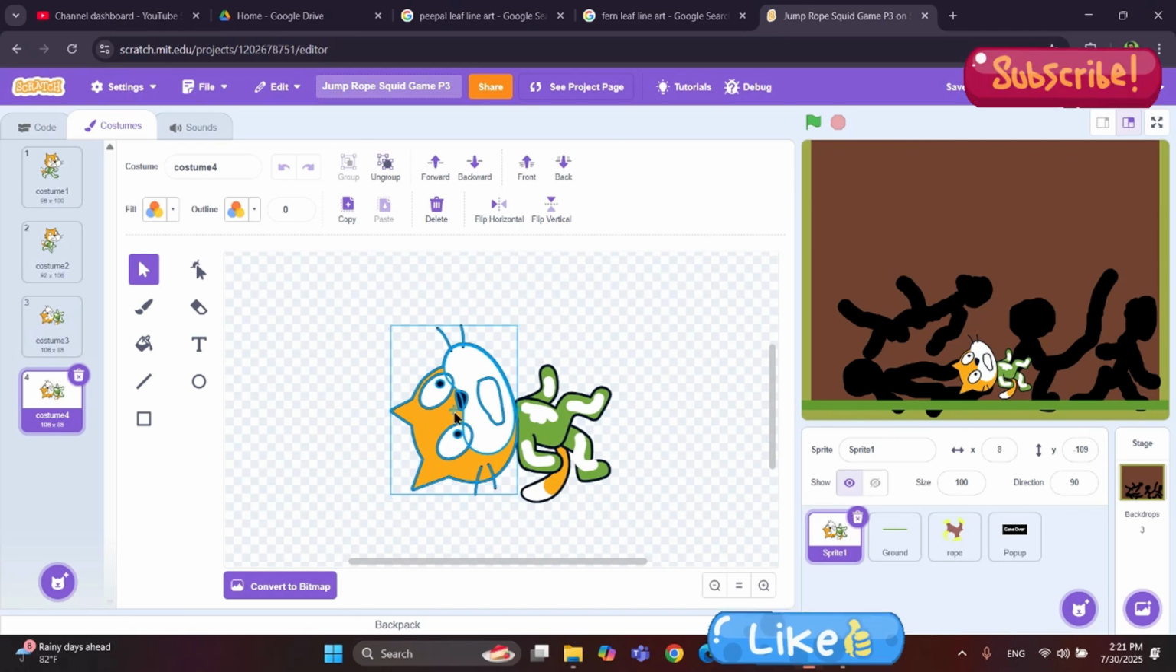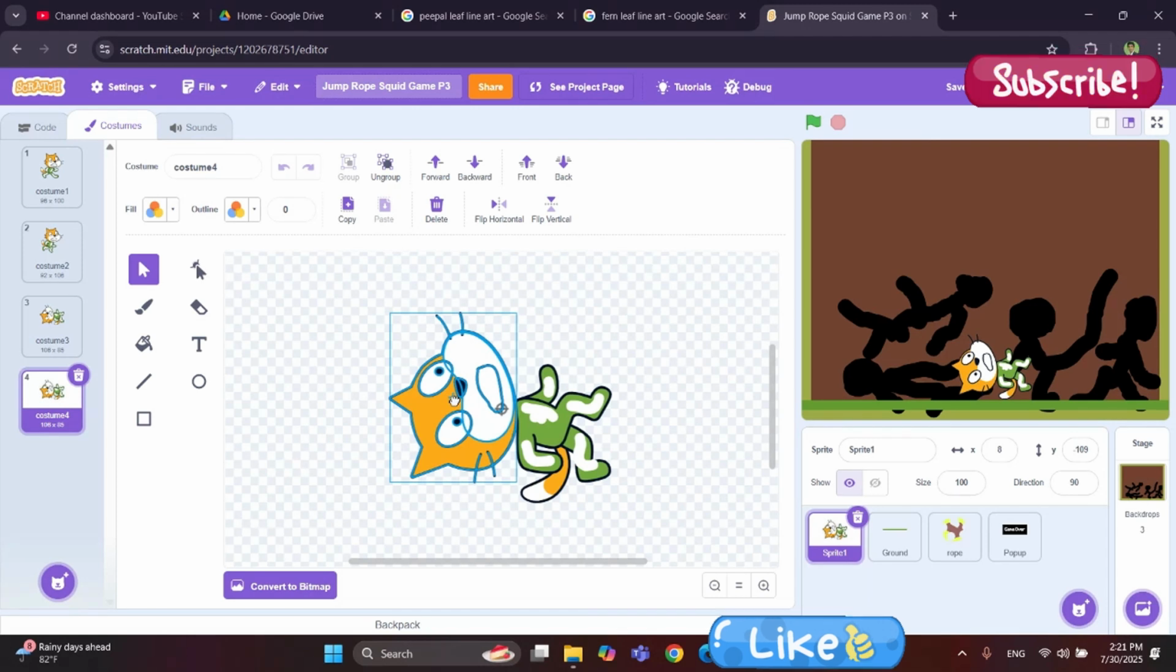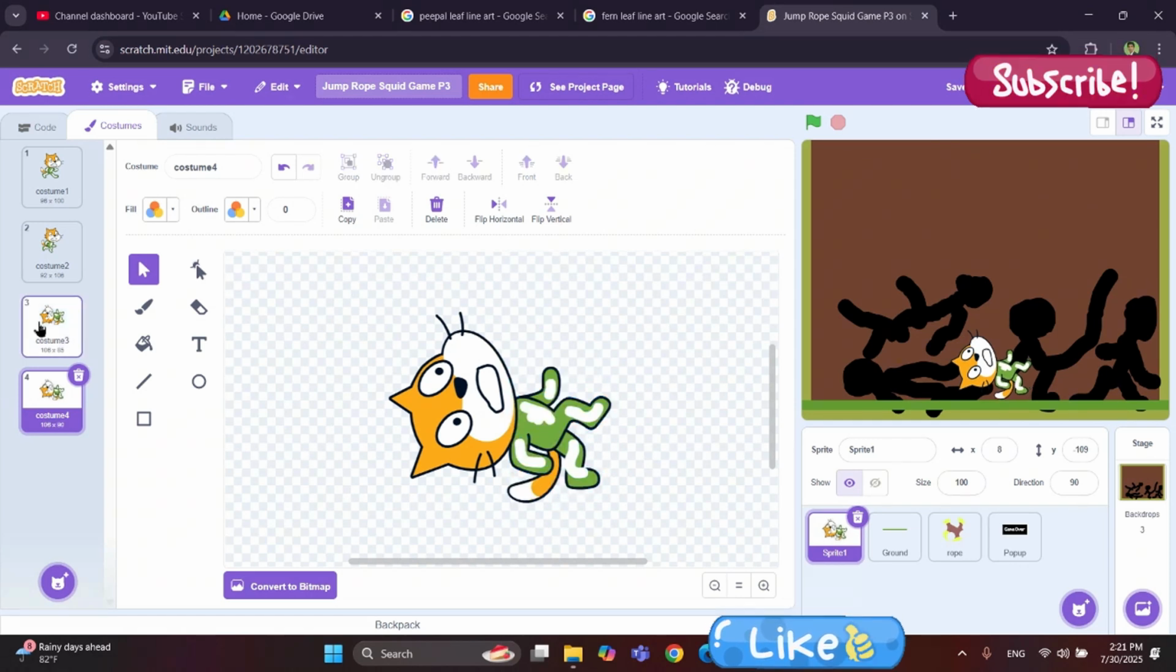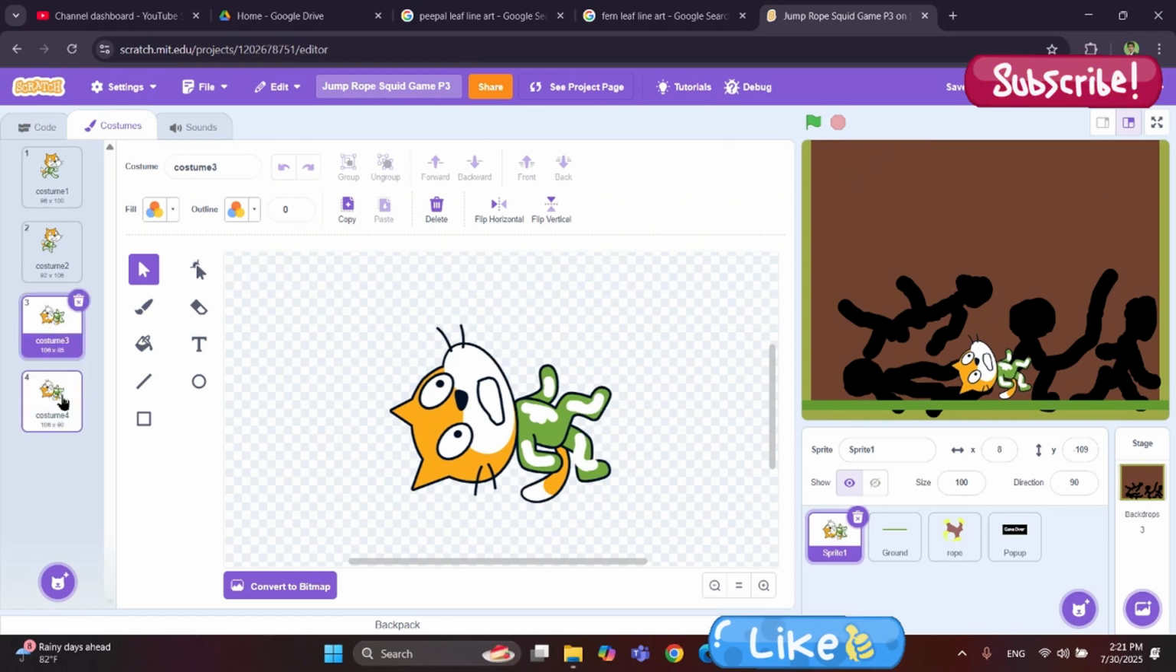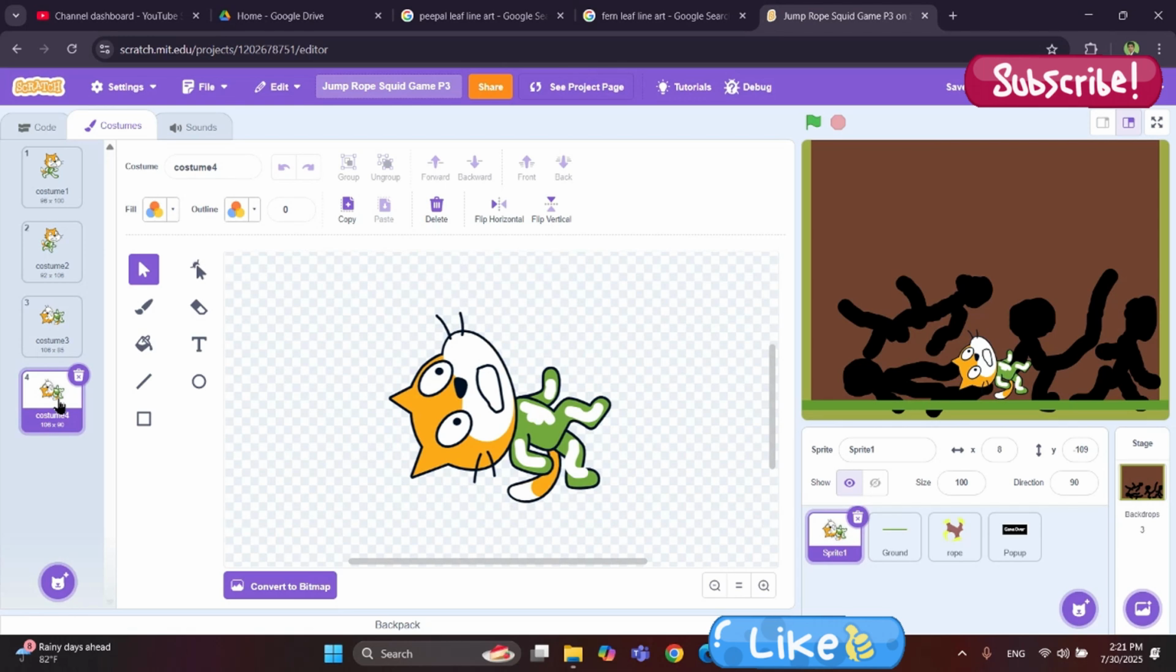Next, let's right click, duplicate, and on this one let's change a little bit of things. Let's make this cat's head a little bit forward, and rotate the whole body a little bit downward like this. Yeah, so this will be our second costume. First, second, and let me just duplicate this second costume, the fourth costume,